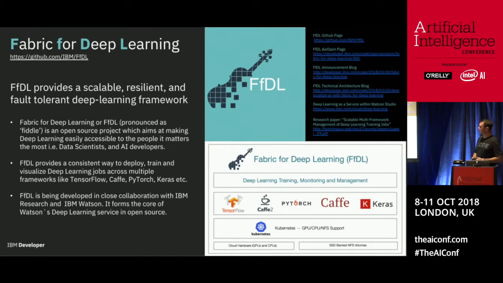Fiddle is a Kubernetes-based sort of meta framework for training deep learning models. So you can use any of the standard frameworks, TensorFlow, Caffe2, PyTorch, now merged, Keras. And it provides a standardized approach to dealing with training data, the framework code, and a training configuration. So all you need to do is package those three pieces up and train them on Fiddle.